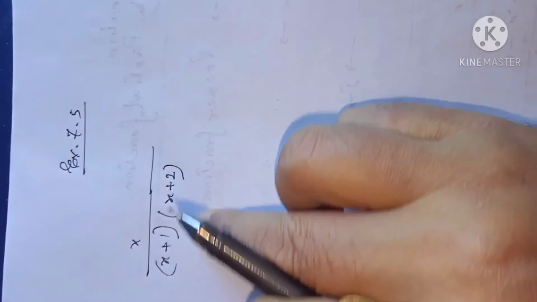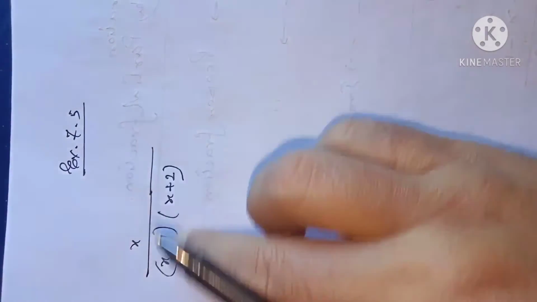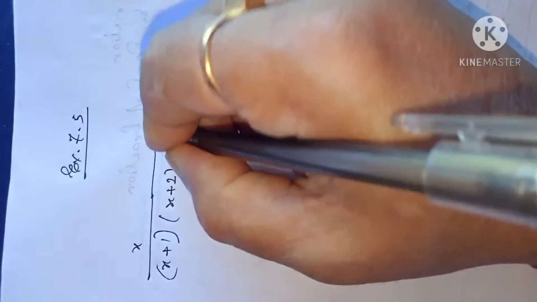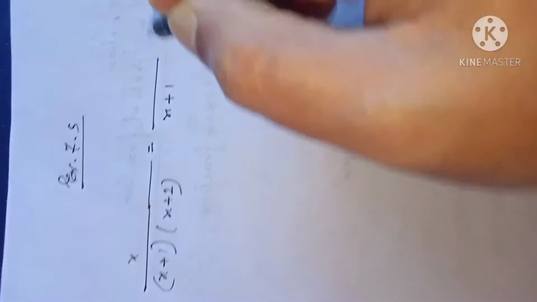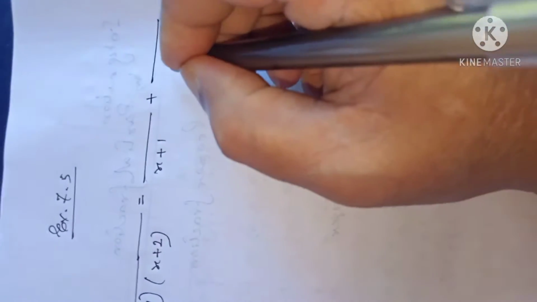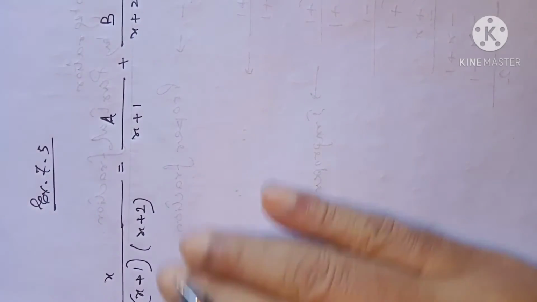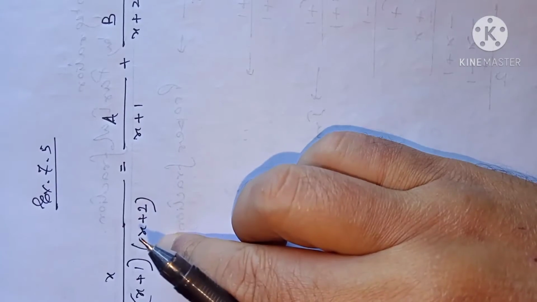The denominator is a quadratic polynomial, but the numerator is a linear polynomial, no? And we have to express it as a sum of two other proper fractions. So what will be their denominators? These factors will be their denominators. One factor will be x plus 1, then plus another denominator will be x plus 2. And the numerators, just now we don't know, we'll say it is A and it is B. If the given fraction is already a proper fraction, then first you express it this way, where all these are linear factors.